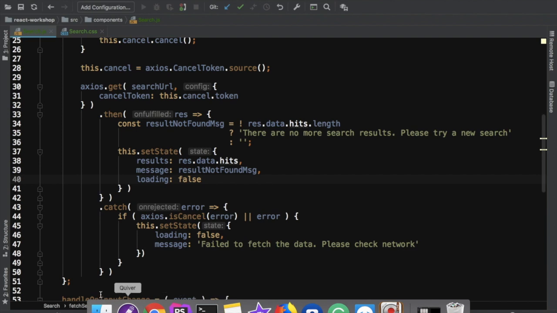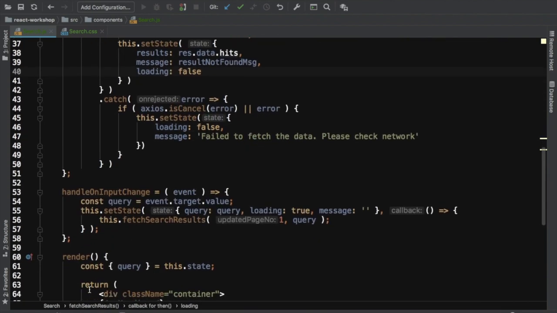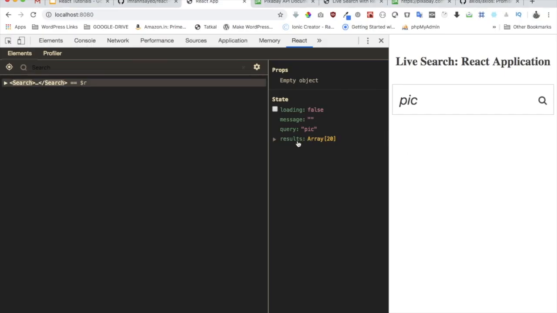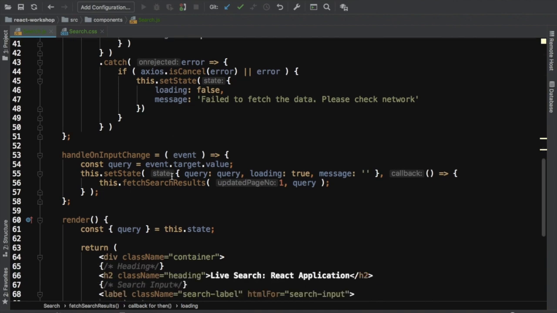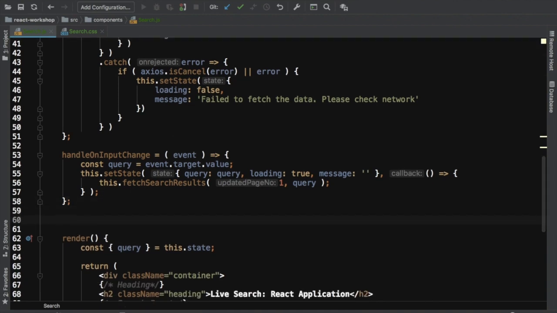Now next up, we need to create a method that would allow us to loop through each item, because it's an array. So we need to loop through each item and display that to the user just beneath this, so the user can see it. Okay, so we'll do that by creating a method, and we will name that method as render search results. It will be an arrow function,